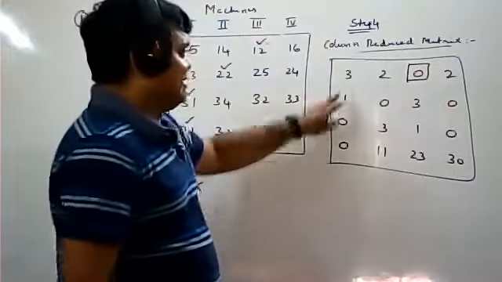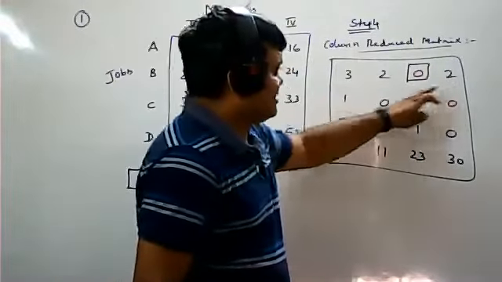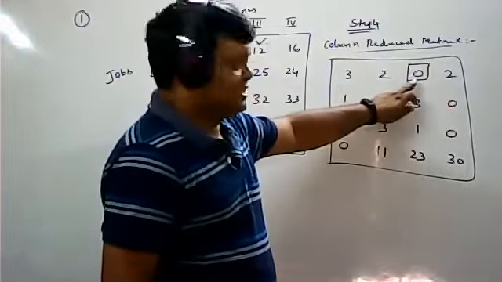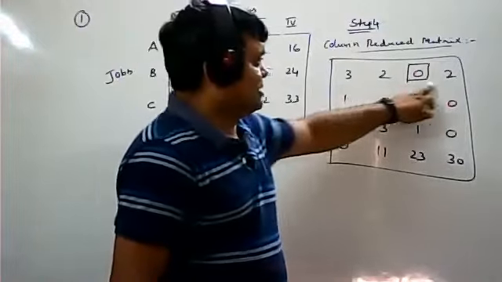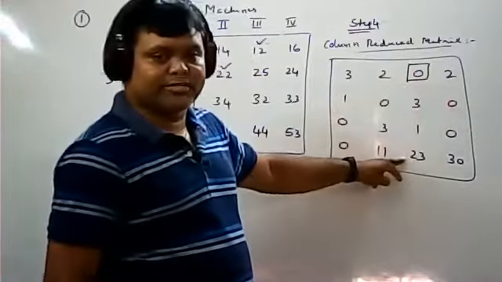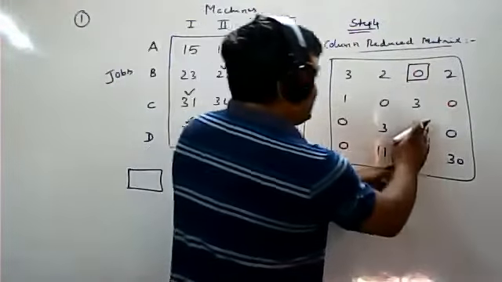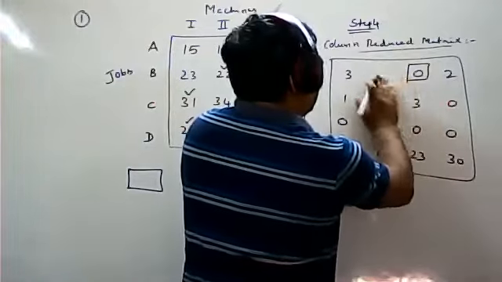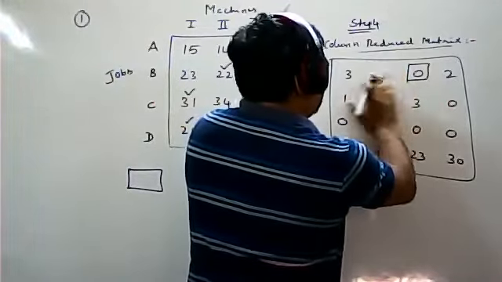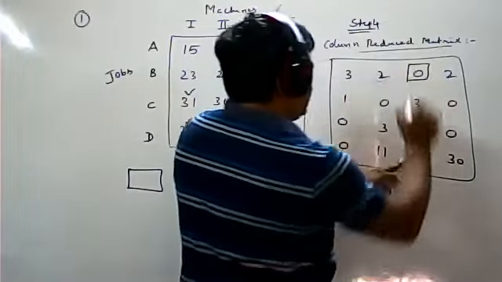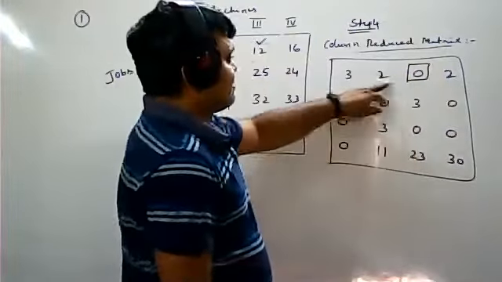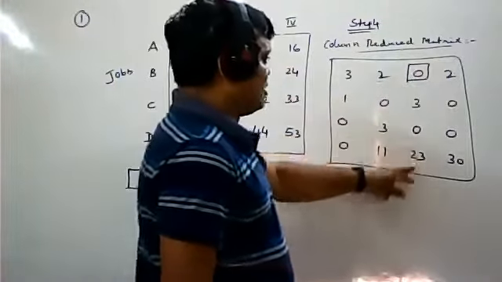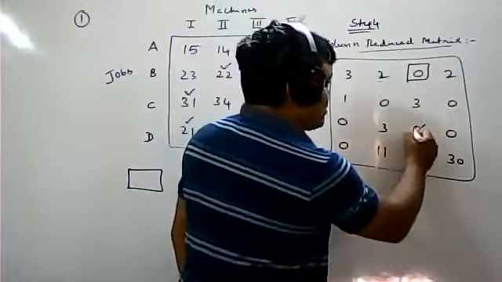After making the assignment, any other zeros in the row side or any other zeros in the column side should be crossed off. Sometimes what happens is, suppose here 0 is there, here also 0 is there, otherwise here 1 is there, and here the value 2 is there as it is. After making the assignment, any other zeros in the row side or column side should be crossed off. You have to cross this zero on the column side.